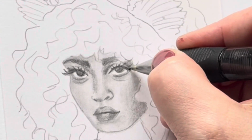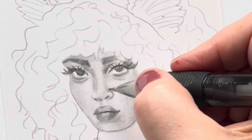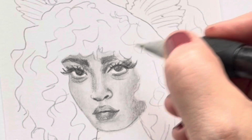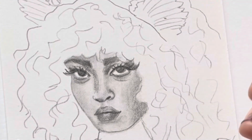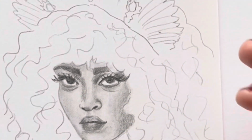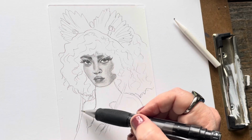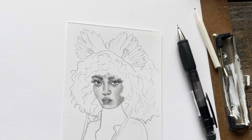Right now, I'm not even looking at the reference photo anymore. I'm just playing because I've done this several times. So I'm kind of using my memory on what the eye anatomy looks like. And I will do the same with the shading of her shoulders in a little while. Right now, I think I'll just show you how I use